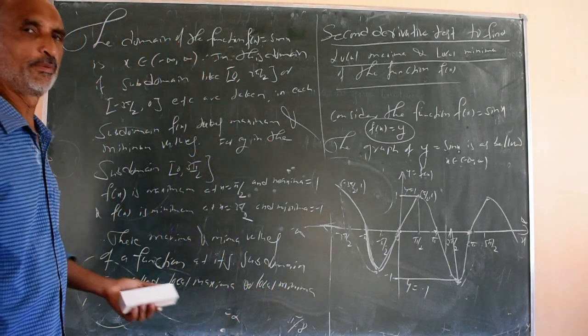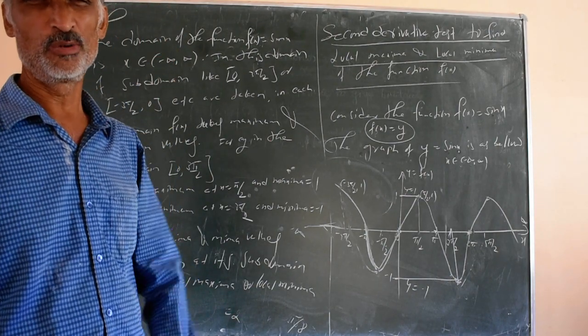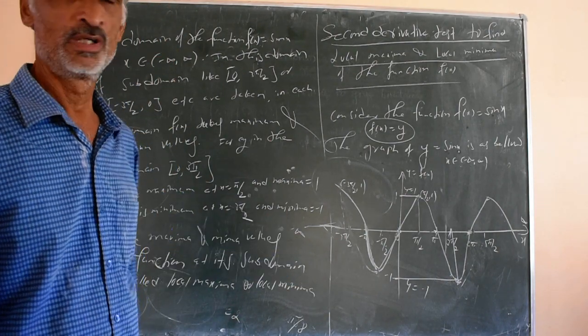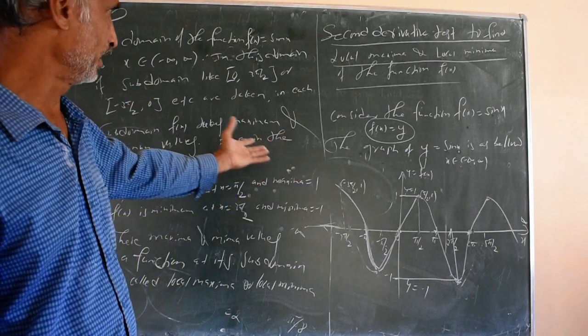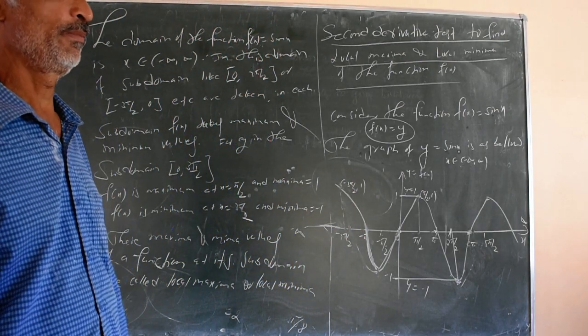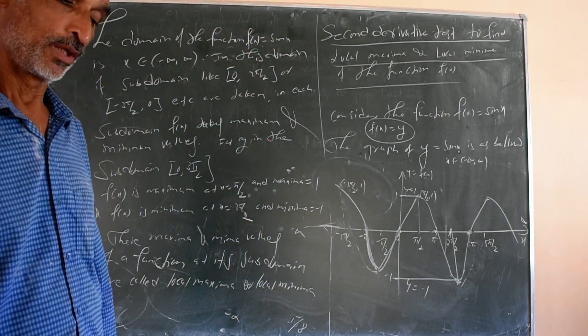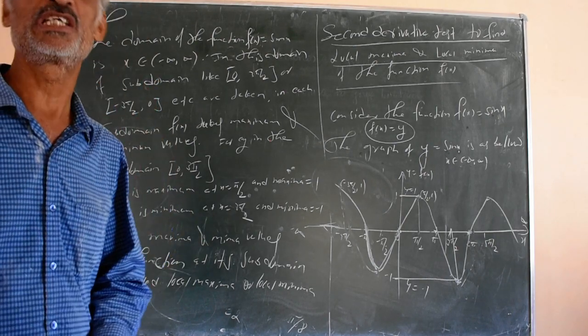The second order derivative test is used to work out. This is simply the idea about what is local maxima and local minima. Simply the idea is enough. From the examination point of view, you won't get any marks on these discussions. But you have to remember what you mean by local maxima and local minima. You can work out the local maxima or local minima and even maxima and minima, both,